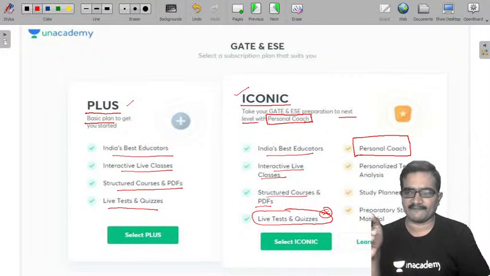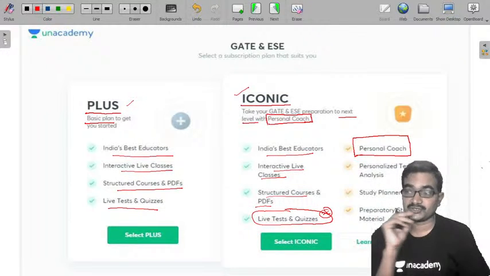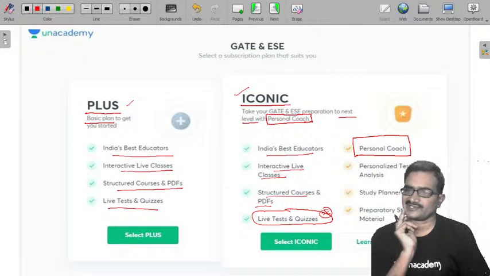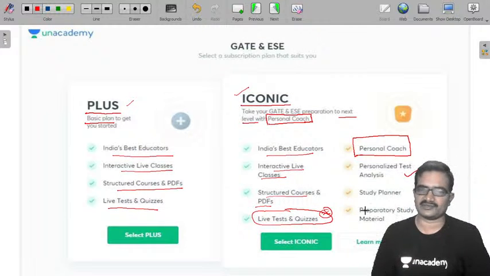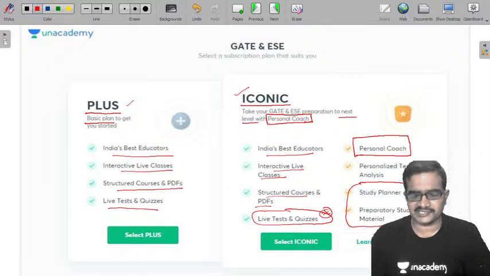They prepare the study planner based on where you are strong, where you are making mistakes, and where you need more preparation, in which subject, which topic, which area. They will prepare all those things. Based on that they will prepare a study planner and they provide material also to you. By following these two properly, definitely a student will get success in their examinations.